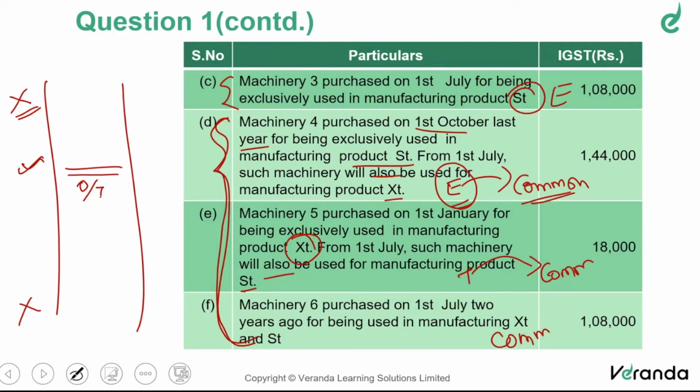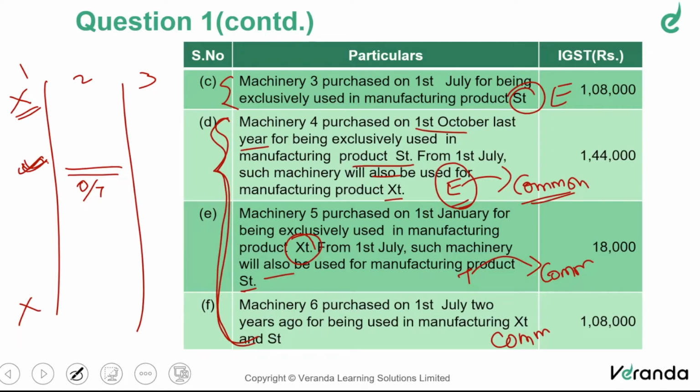So the second step is now coming. Step number 1, 2, 3. Second step is, should we add anything for the output tax? Answer is yes. For this machinery number 4, since it is earlier used for exempt purpose, now used for common purpose, step number 1, we can avail the ITC, no problem. But since it has been used for exempt purpose for so many quarters, for each quarter or part thereof, 5% of that particular 144,000 has to be added to the output tax liability. That is step number 2. So only for this machinery, I think step number 2 will come.